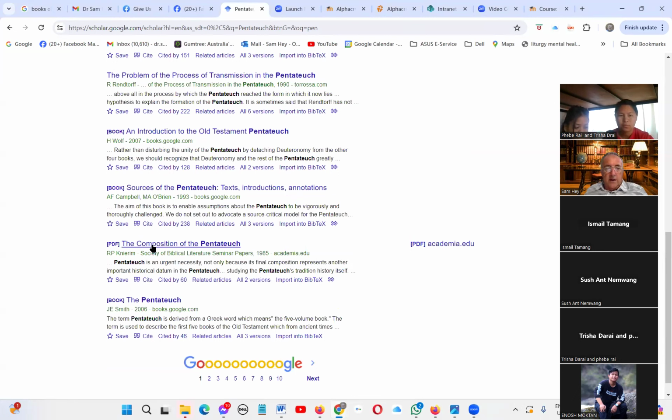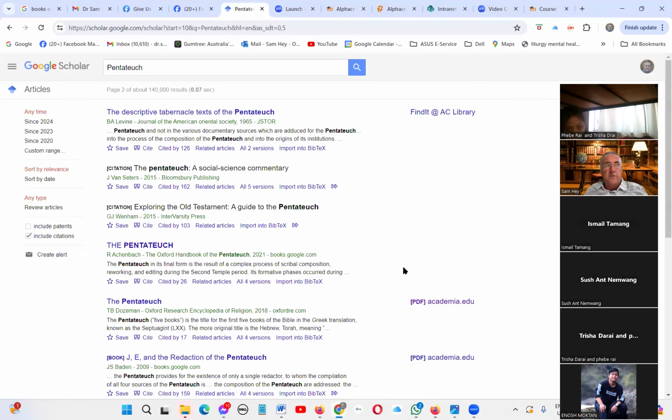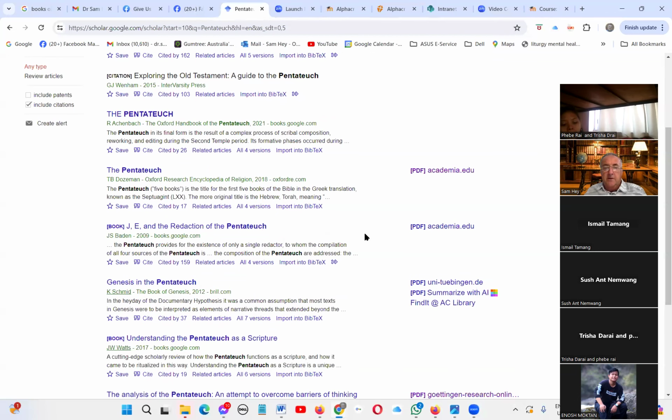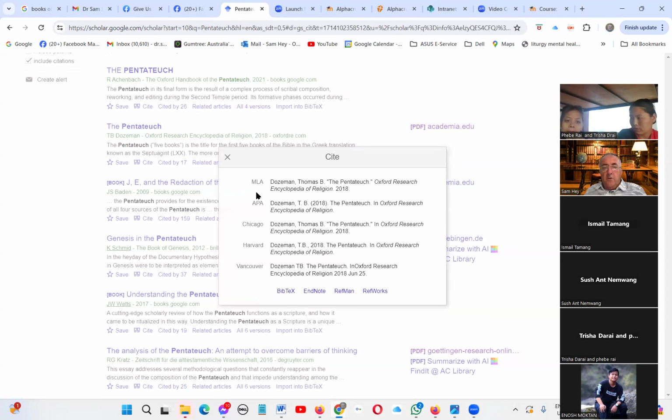So we have one article here on the composition of the Pentateuch, and this will also help you for your later assignment on the 2 views on the composition. One is that Moses writes, and then the other is that others edit it after Moses. We have another article here by T.B. Dozeman on the Pentateuch, which writes about, again, who wrote it. Now, if you take this article, Control C, so we go to